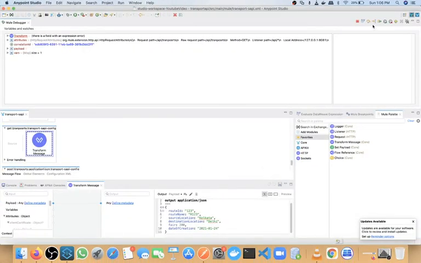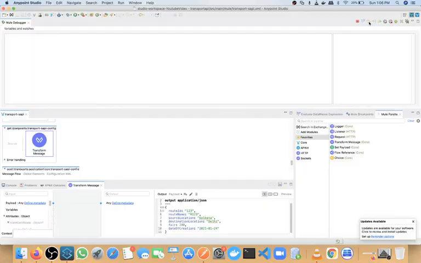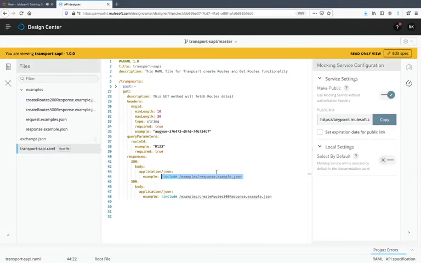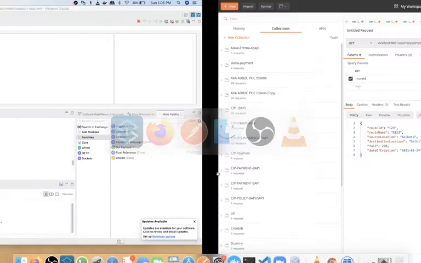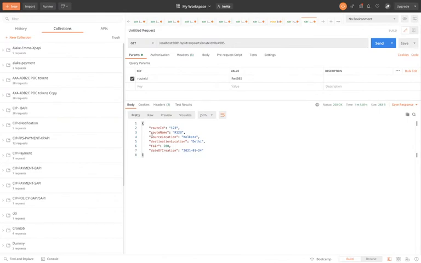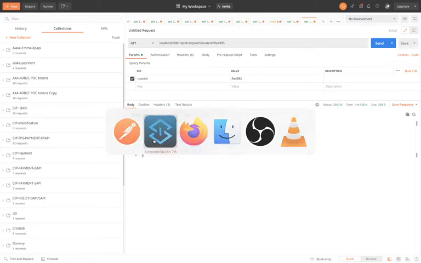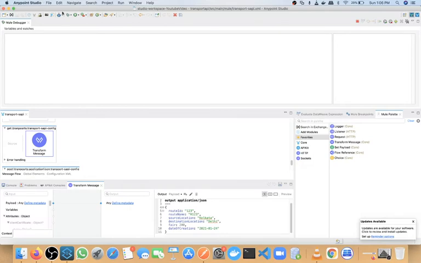If I complete this process, you can see we are getting the same response. But now what we will do is some transformation on the request, and then we will call this again.